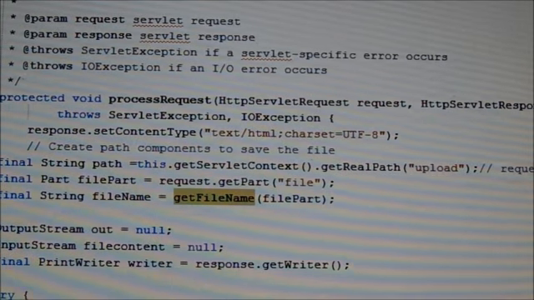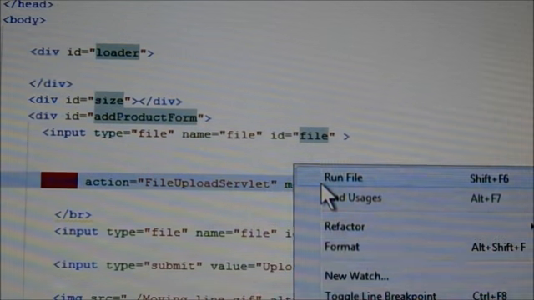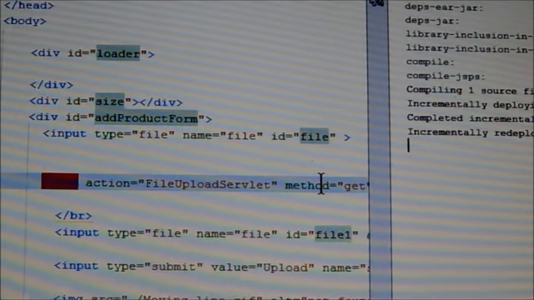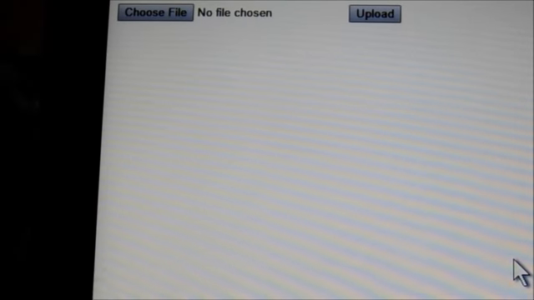So I run the file right now. The page is running and you can see the two buttons here.